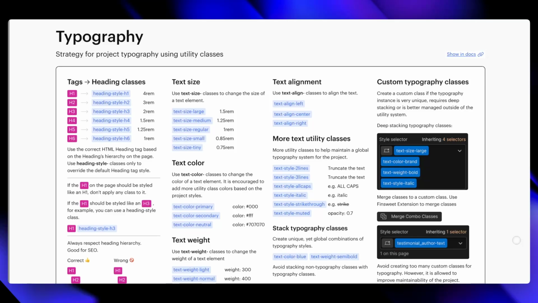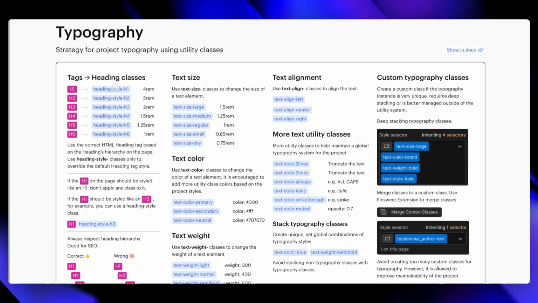At this point, let's talk about typography, which is going to be a fundamental element within the client-first system. First of all, we're going to discuss the headings, since these are going to be the core pillar of your website in terms of typography. Although we do have the basic global style already, we are actually going to have some heading classes which are going to help us whenever we need to override the